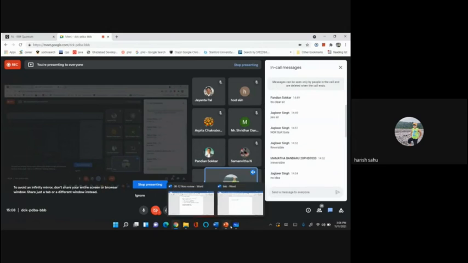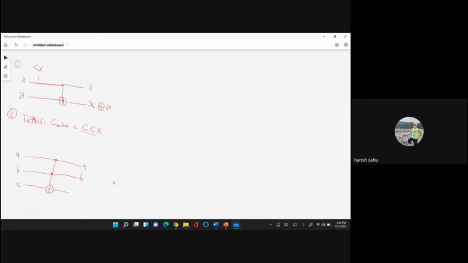Okay. So, Pendian, you might be aware that whenever the 2 control qubits, A and B, the top 2 qubits, are 1, then only it will change the target qubit C. It will behave like this: C XOR AB. When both A and B are 1, AB will become 1, so it will be C XOR with 1. XOR with 1 complements the value. So whenever both A and B are 1, it will complement the target qubit C. Otherwise, it will remain the same.